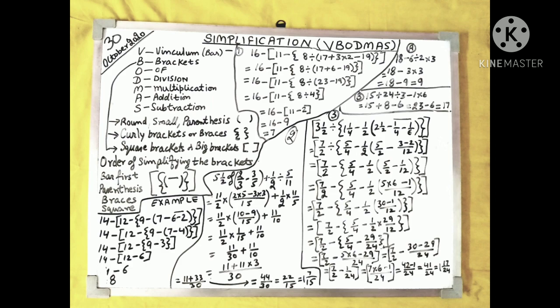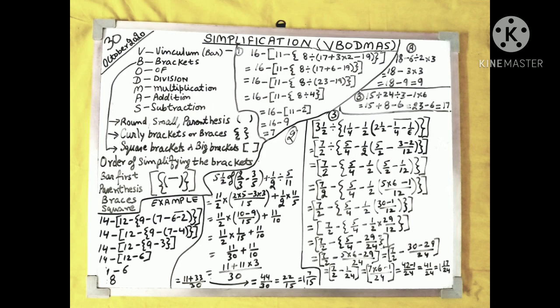So first we have to understand what type of brackets are there. The simplest is known as the round bracket, the small bracket, the parenthesis or the common brackets we use. Next we have the curly bracket or the braces. Next we have the square bracket or the big brackets as shown. So the order of the simplification will be as shown. First you will solve the vinculum, then you will solve the common bracket, then you will solve the braces and then finally you will solve the big brackets. I hope it is clear and now I will make it more clear by the following examples.